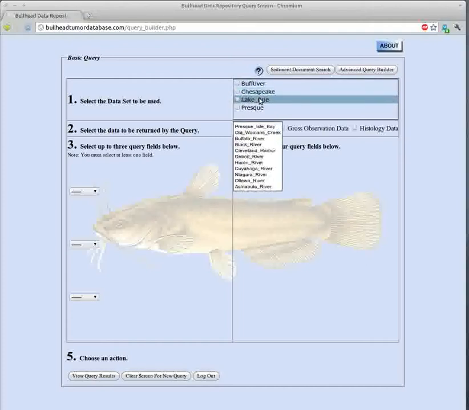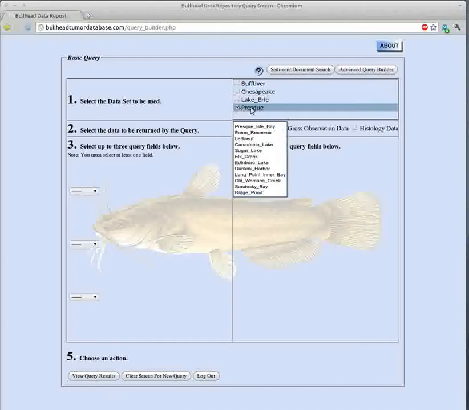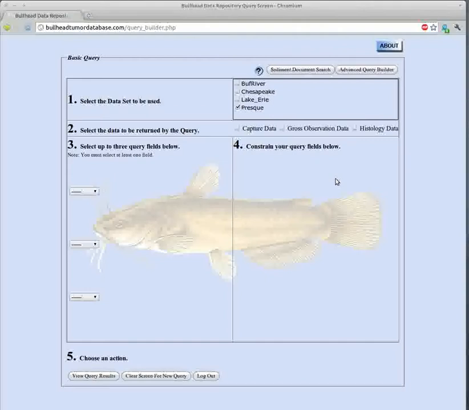I'm going to choose the Presque Isle Bay data set. For every search, there is some basic demographic information that's returned. So we'll get length and weight and gender and age if those things are available. But we also might want to get the capture data, which gives you more information about how the fish was